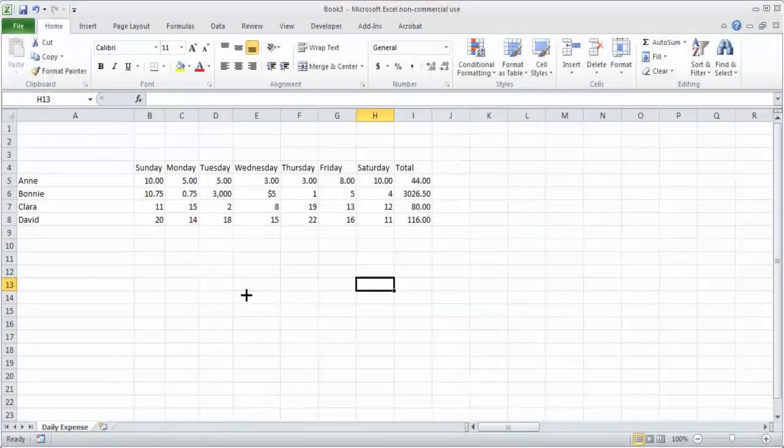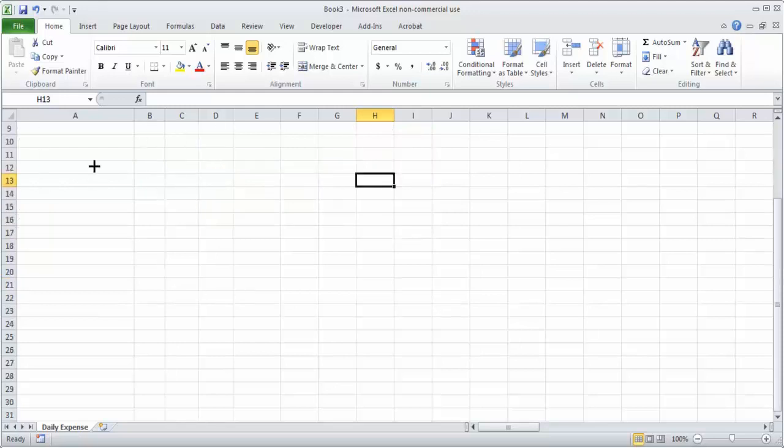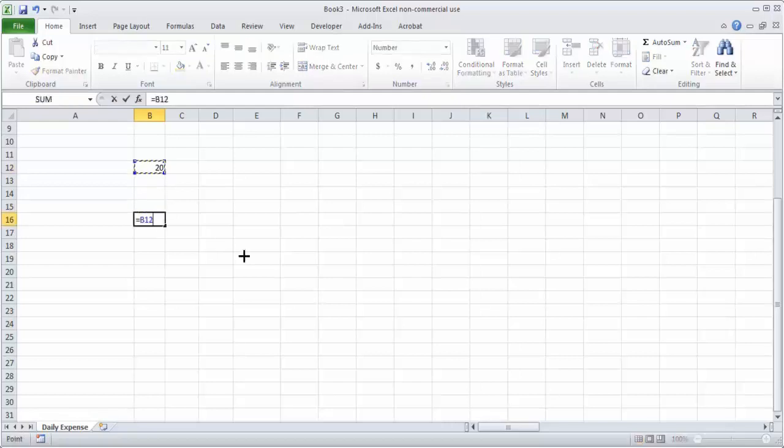What I want to now go through is cell referencing. Okay, so let us see cell referencing. Suppose you have 20 in this cell, and I want to create content like this. I want to add, let's say, 100 on this 120. Okay, so I want to add 100 on this 120, and I got 140.